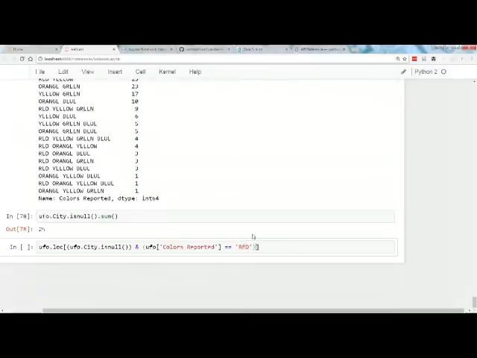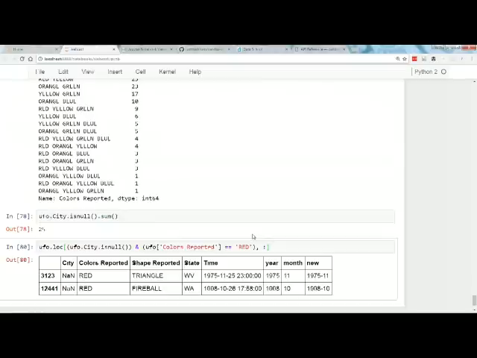So just on its own, this just shows me those rows. So I've got UFO.loc, and what rows do I want? I want the rows where the city is null and the colors reported is red. What columns do I want? I want all of them. Okay, now how do I fill NA based on a condition? Well, if I want to fill the city in that case, I would just put it right here, and then I would say new value.